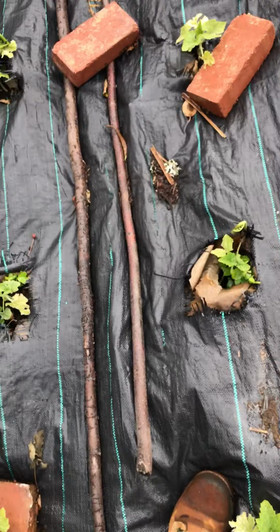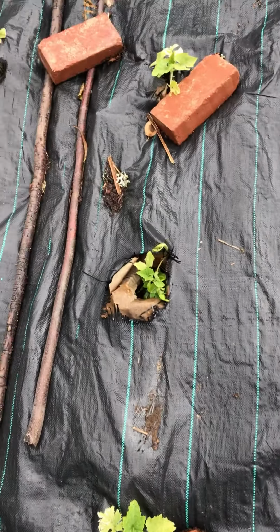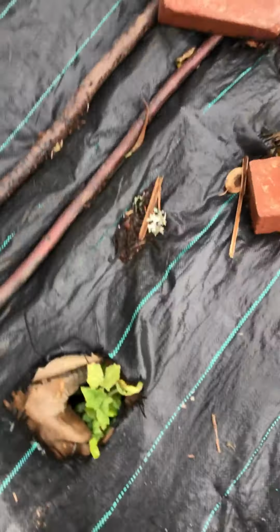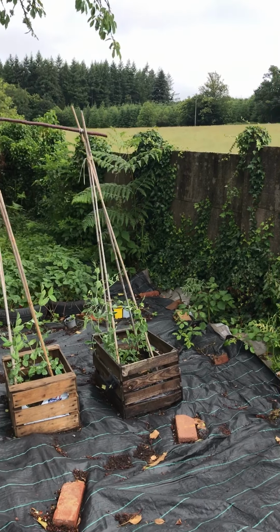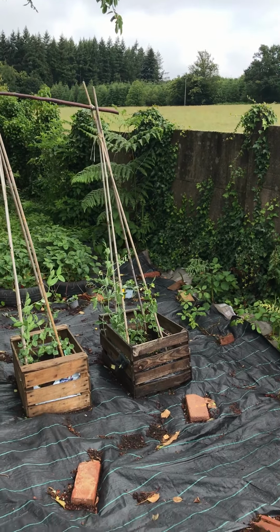These are all pumpkins, ginormous Cinderella style pumpkins, so if these all come good, we're going to have tons of them. Some of them are getting eaten, and the problem that we have here, I don't know if you can see, bracken still continues to try and poke its way through, even through the membrane, with the slightest chink of light, constantly pulling it out. You see the height of that bracken there that I've not pulled out yet, this entire patch would be like that without the membrane,